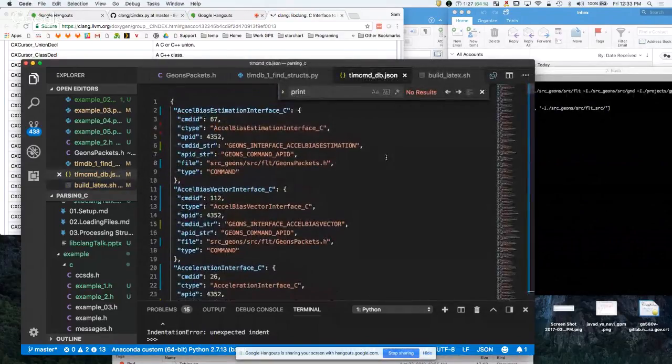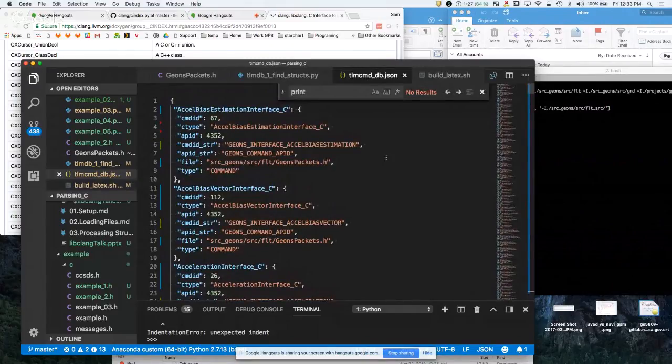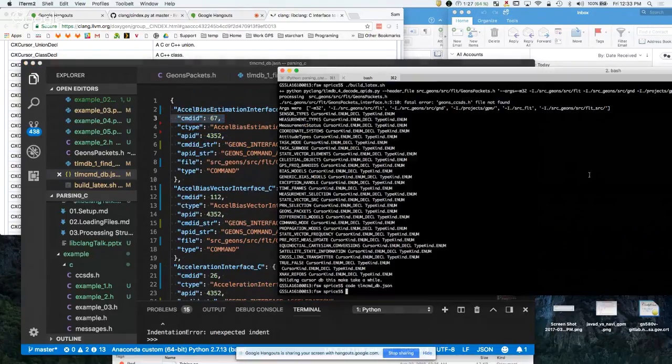So this next script goes through all the source code, and it decodes all these app IDs and the command IDs, and then puts these numbers inside of the telemetry and command database. The way that works is